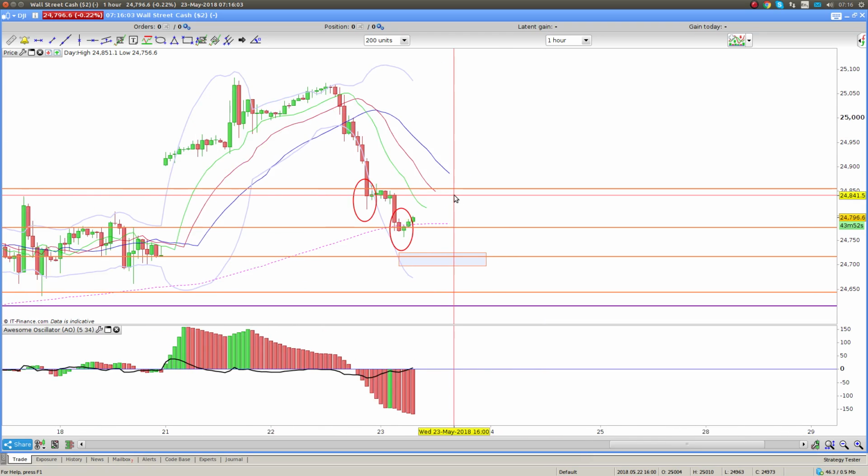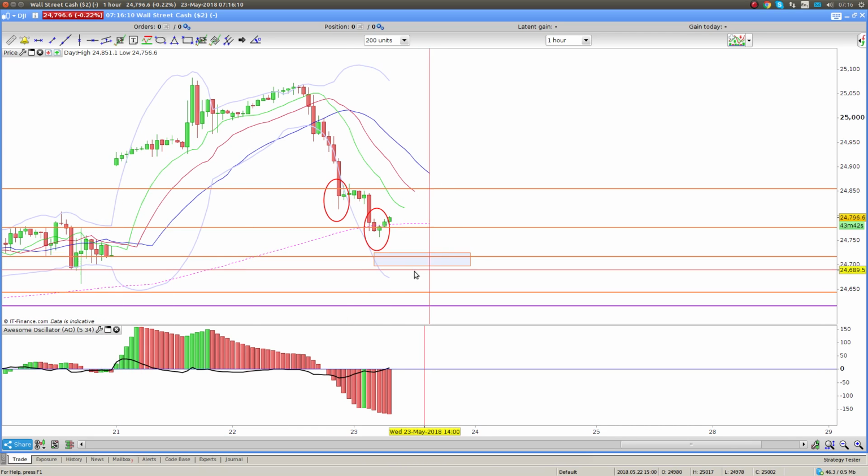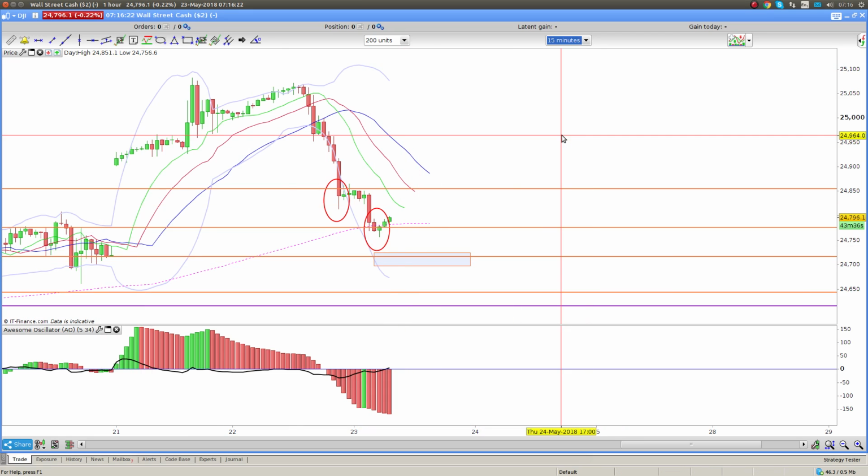Okay, so I'm still looking for longs, and I'm looking for longs on the pullback, and the pullback, that's not strong enough for me. This is not strong enough for me. This gap area here where I've drawn the block in, that is definitely an area that I'll pay attention to. Okay, so let's just get down to the 15-minute, because